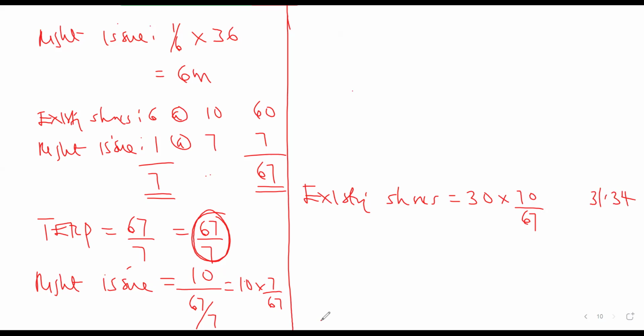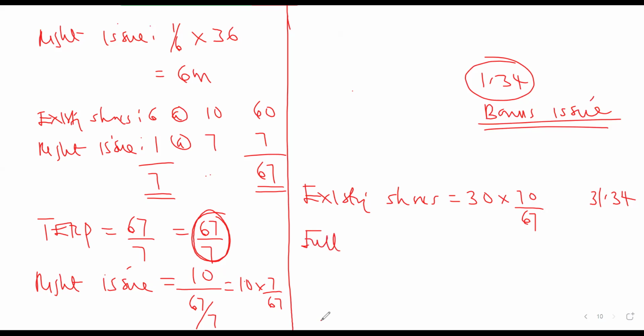The shares were 30 million, isn't it? It means that this has increased by what? 1.34. Is that the case? Yes. So the 1.34 over there represents the bonus issue on the existing shares. And the bonus issue will be done out of the right issue. Let's count to the full market value also. For the full market value, you also have to do the separation.